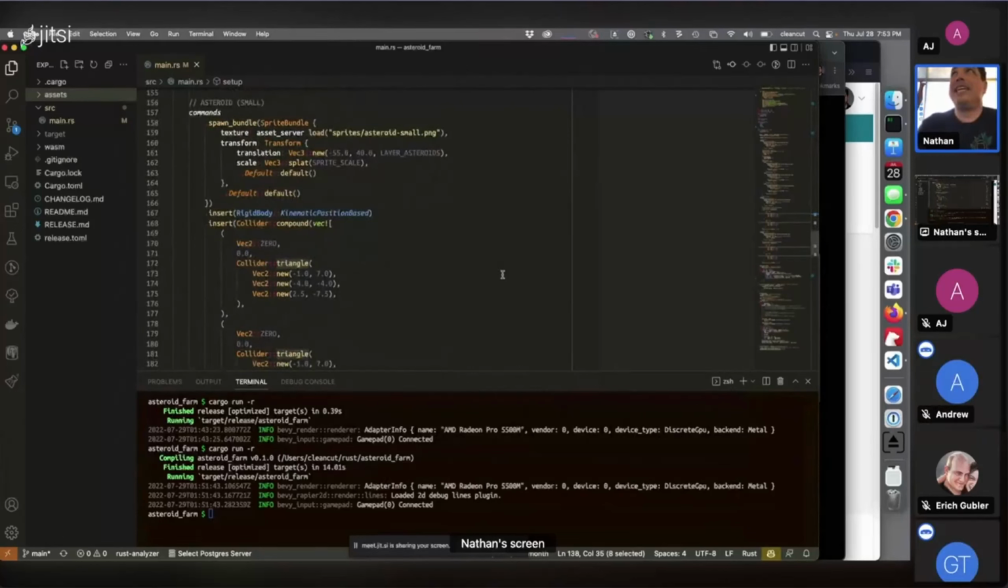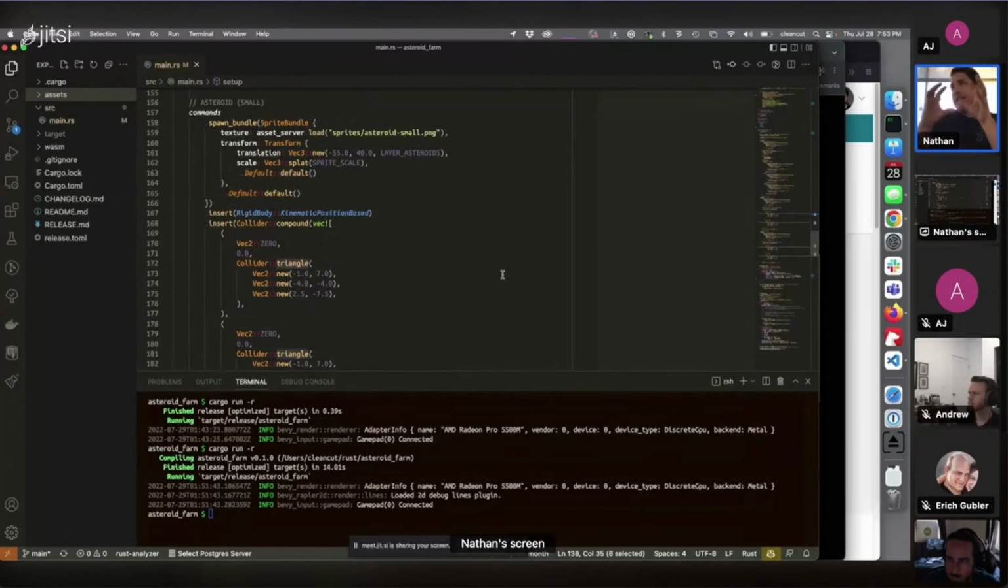The TLDR for my game concept is, how can I make a Stardew Valley-like game in an asteroid field where I'm like farming the asteroids or something, and that's about as far as I got. So,